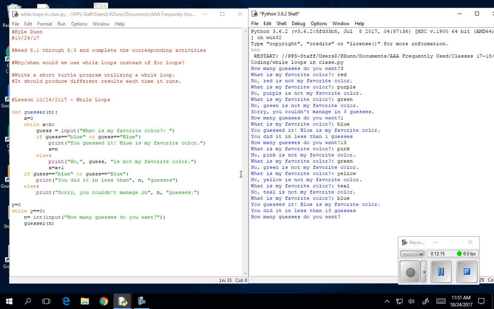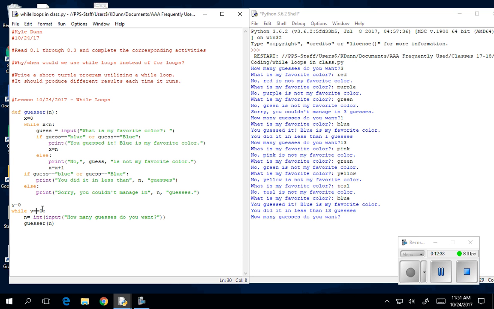All right. And notice what it does, guys. It immediately goes back to how many guesses do you want? And that's because this is looping again and again and again. So let's go ahead and real quick just kind of revisit the direction things are going. When we read this, it immediately says y equals 0. While y is equal to 0, notice I've got the double,